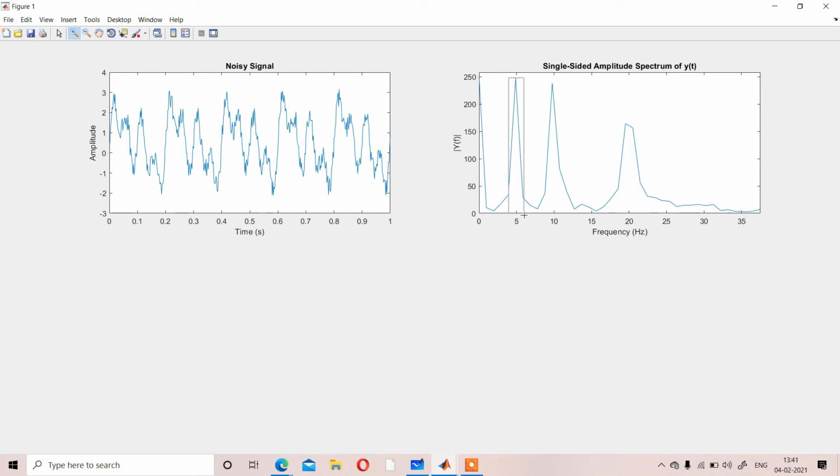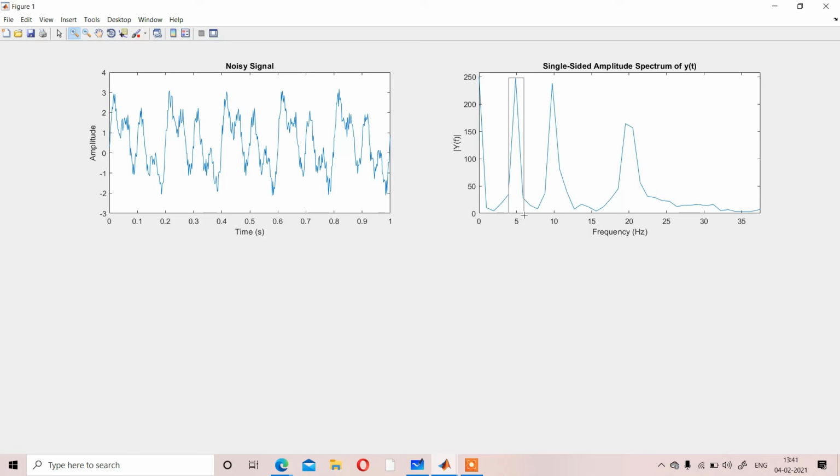As you can see here, you have to choose a range less than 5, suppose 3 to 7. You are going to show the 3 to 7 range, and the other range you are going to remove. So the filter will be like that: 0 to 3 is 0, 3 to 7 is 1, and after 7 all the values will be 0. So that will be your filter.